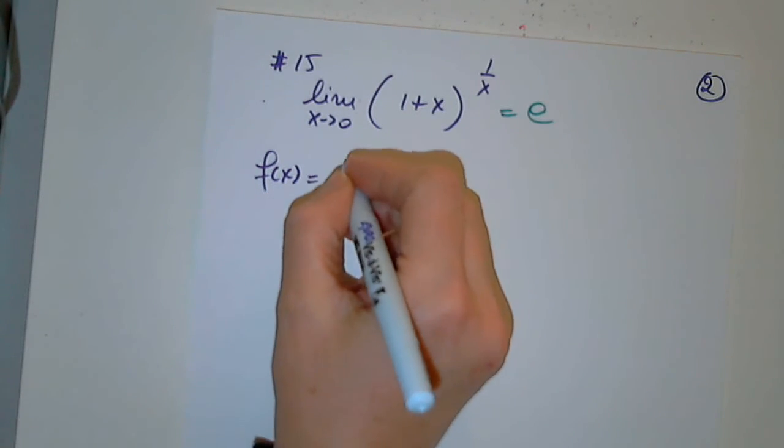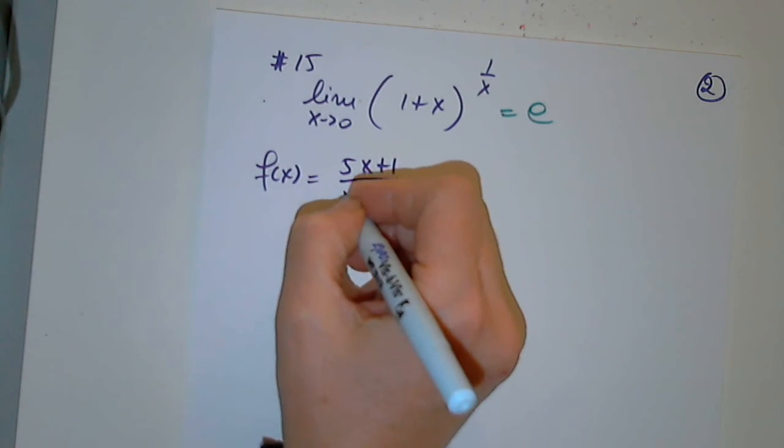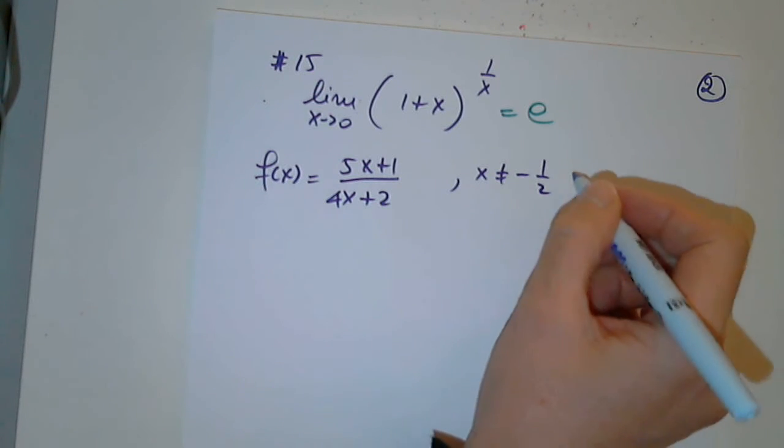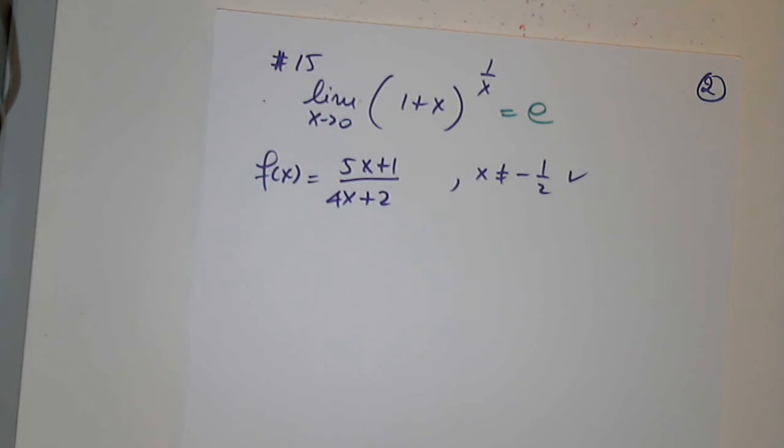The function is 5x plus 1 divided by 4x plus 2. And of course, x does not equal negative 1/2, because I have to write a condition so that this function is defined all the time. It is defined everywhere except at negative 1/2. Okay, so now